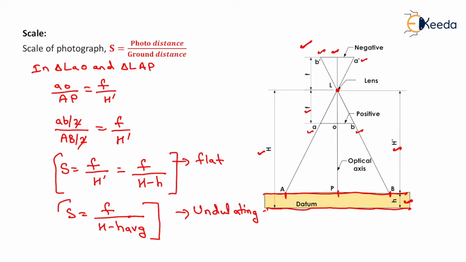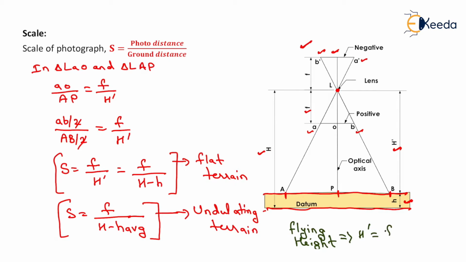So it is used for the undulating terrain and it is used for the flat terrain. Now if we want to compute the flying height from this formula, then it will be equals to H dash, that is above the ground surface, it will be equals to F upon scale of photograph. That will be the formula for flying height of the aircraft, that is capital H dash is equals to F